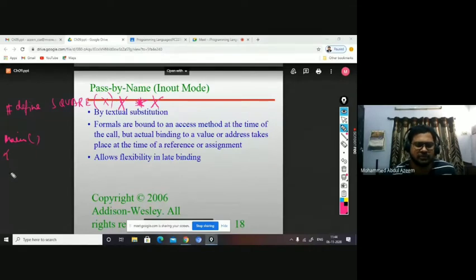Let us take C++ or C. Any example is okay. So let us take C++ example. I want to find the square of. You can pass a parameter or a value, no issue. Let us set a. You are saying a equal to 2. Now, square of a, you are saying